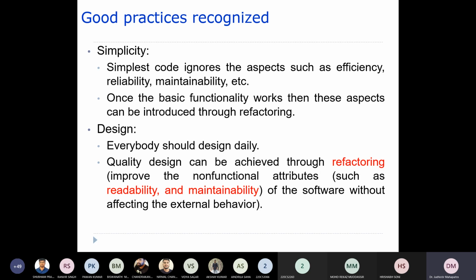So you try to improve the readability, right? That means you will make it easy to understand the piece of code. You will write that code in such a way that it will be easier for others to read and understand that piece of code. Okay, so these things can be improved through refactoring.